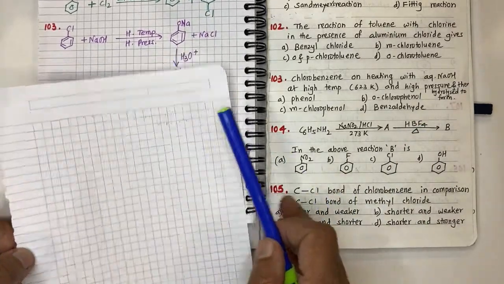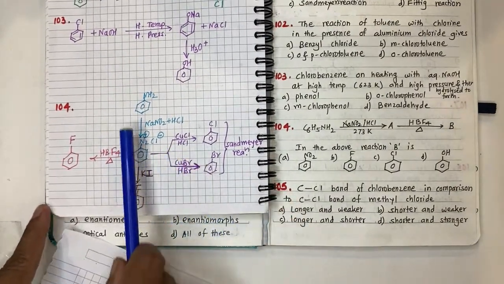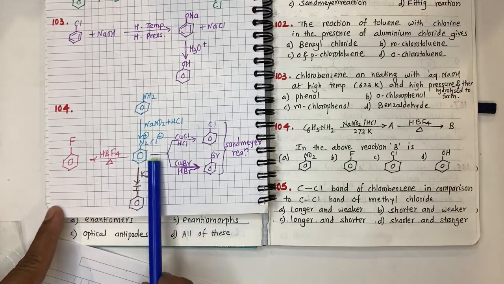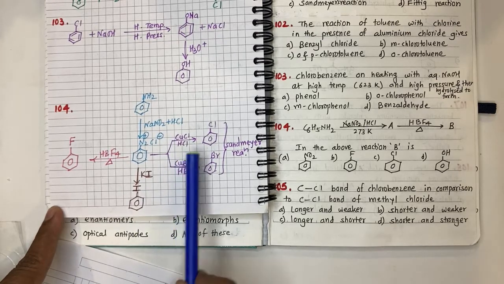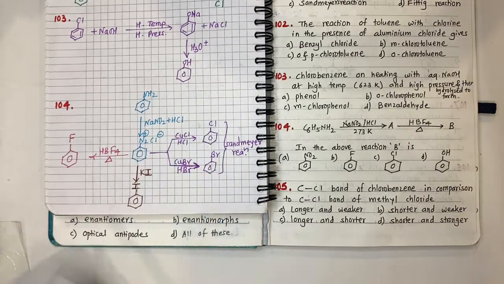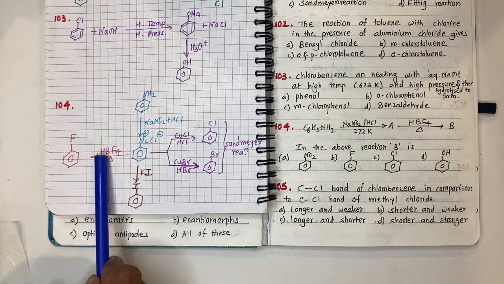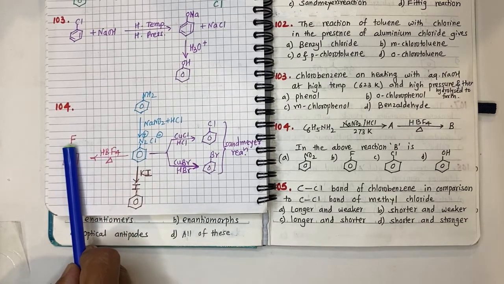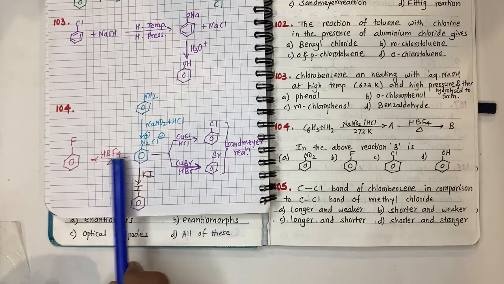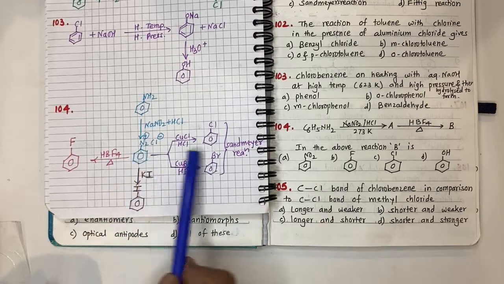Now remember this chart. It's very useful. See this: aniline, a primary aromatic amine, on diazotization gives this. Now it undergoes the Sandmeyer reaction, giving chlorobenzene and bromobenzene. If Cu powder, then it is the Gattermann reaction. Next, if it reacts with KI, it gives iodobenzene. If it reacts with HBF4, then it gives fluorobenzene. Remember this one: fluoro, chloro, bromo, iodo. It is a nucleophilic substitution here, with F minus, I minus, Cl minus, Br minus.